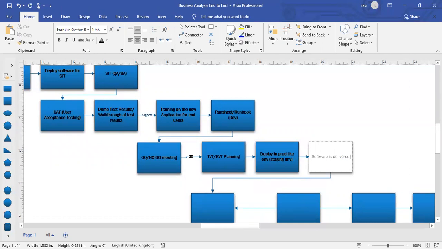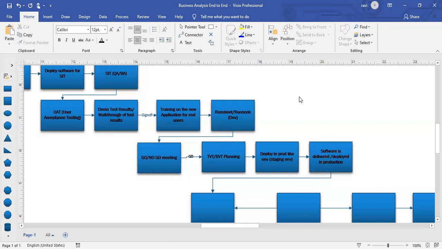The software is delivered or deployed in production. Production is the actual environment where the end user would be working on, right? So once that is done,